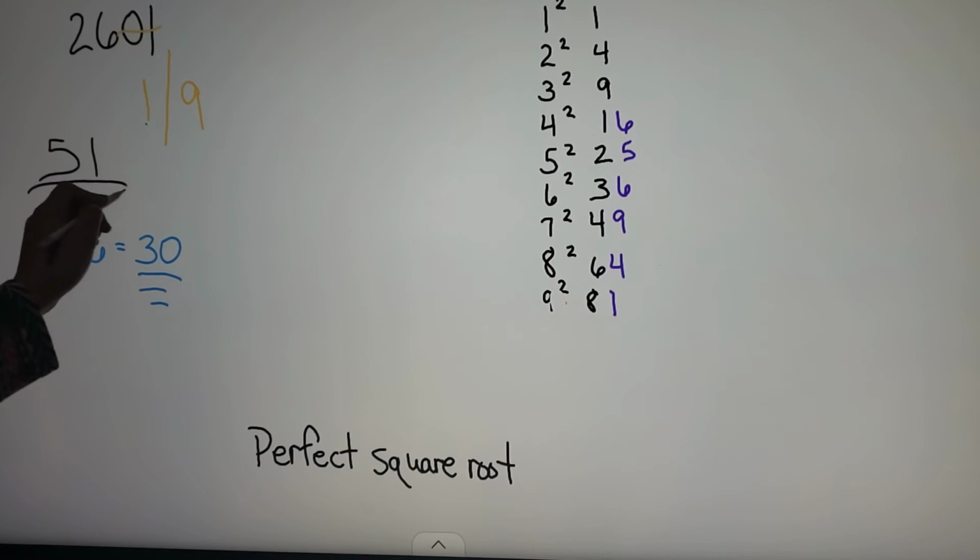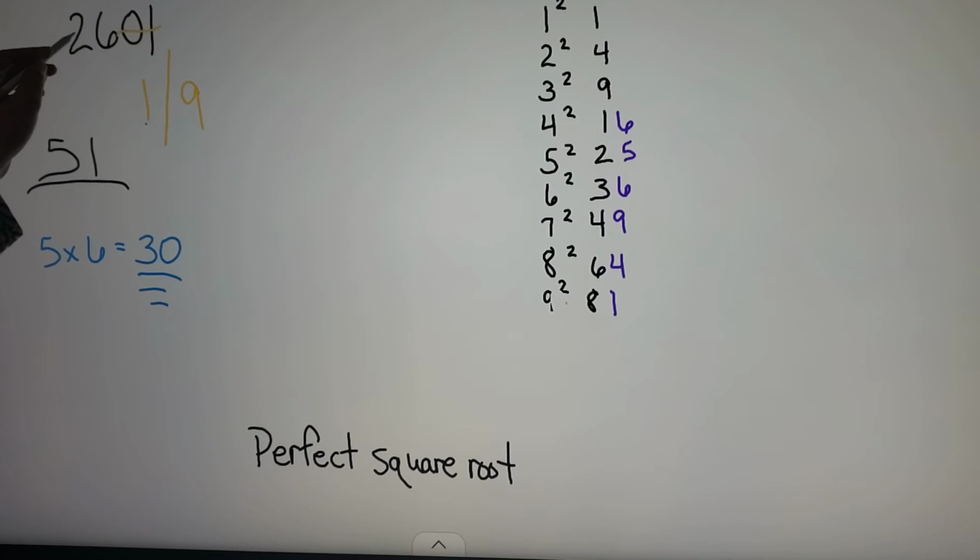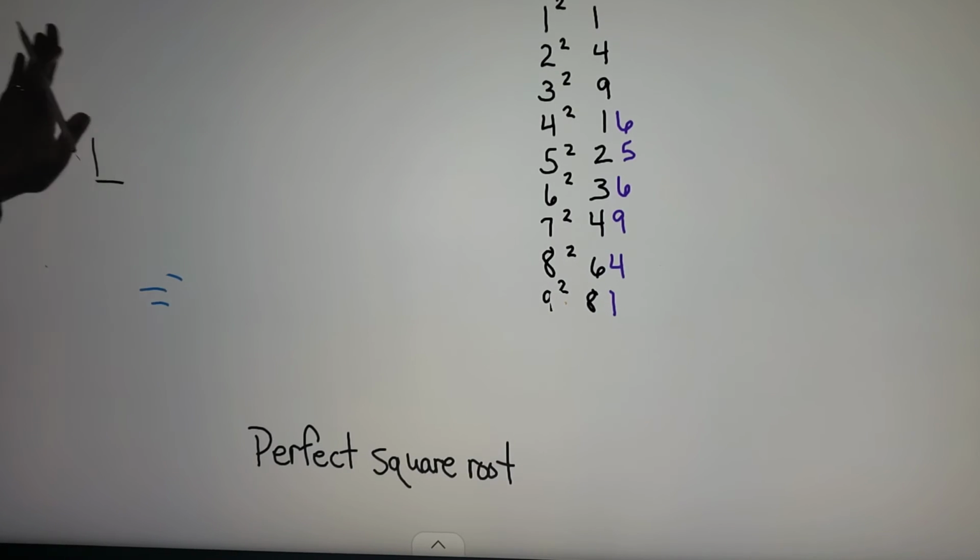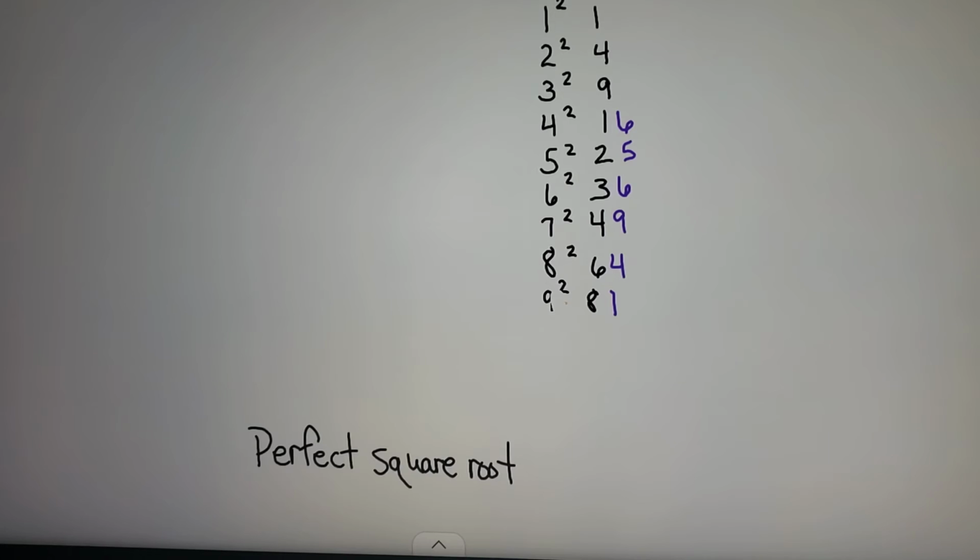So go back and check your answer. So 51 is the square root of 2,601. Okay, let's try one more number. Let's try a 3-digit number. Let's try